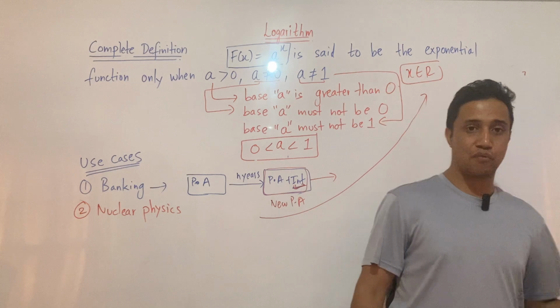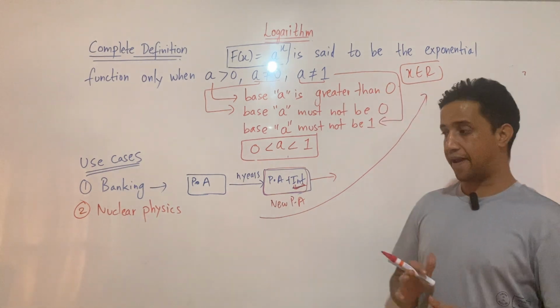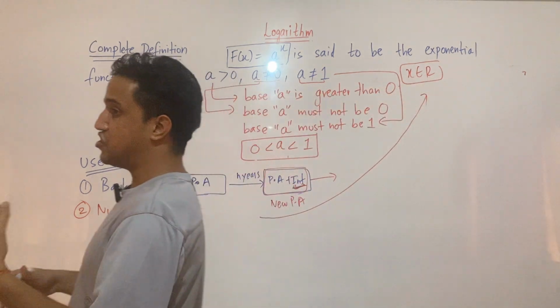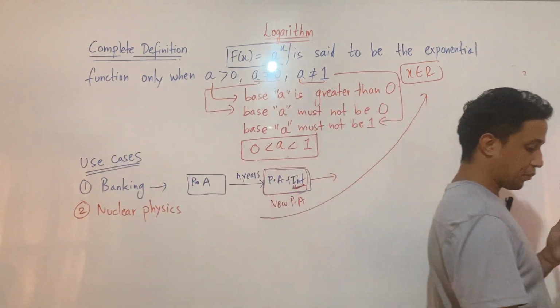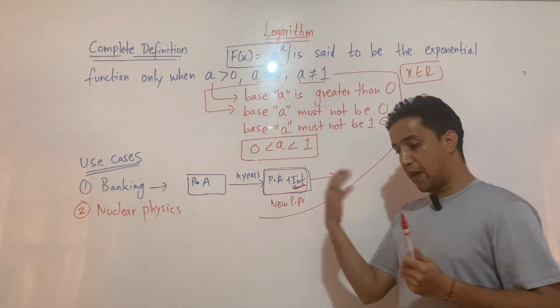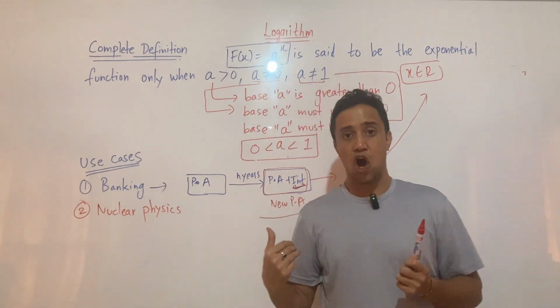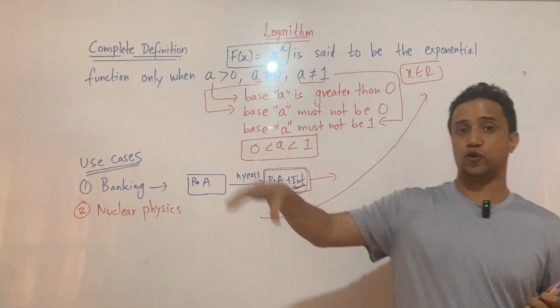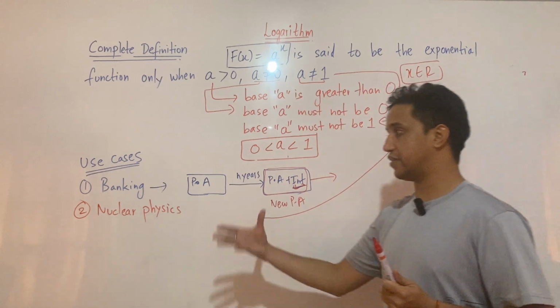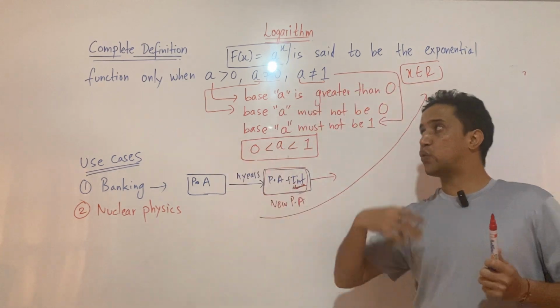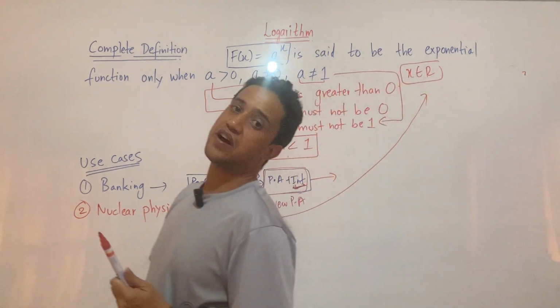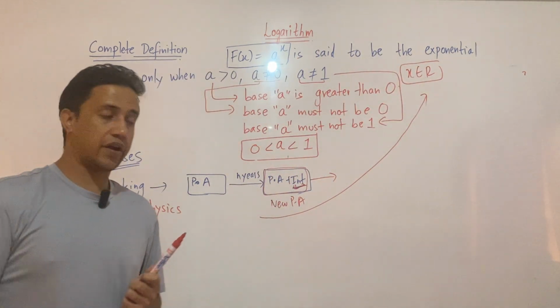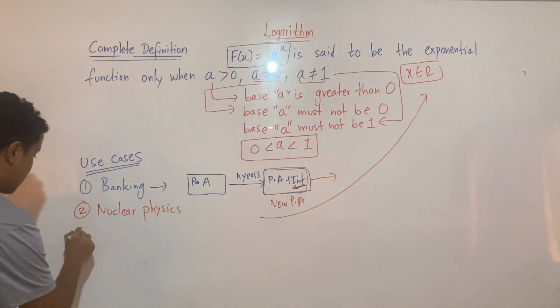Because uranium is a radioactive substance, and when it decays, if we have to predict the rate of decay or the life of uranium after a certain number of years, then we are again going to use this concept of exponentiation. Okay, then in biology,